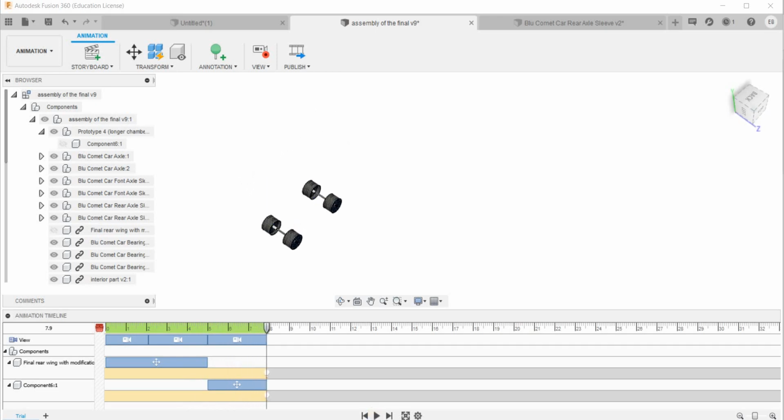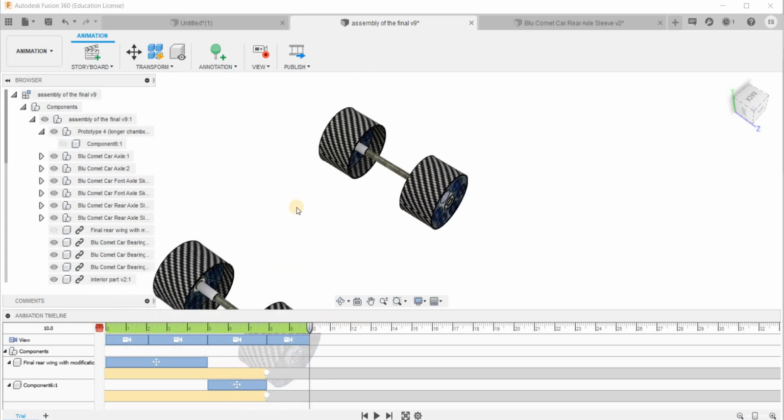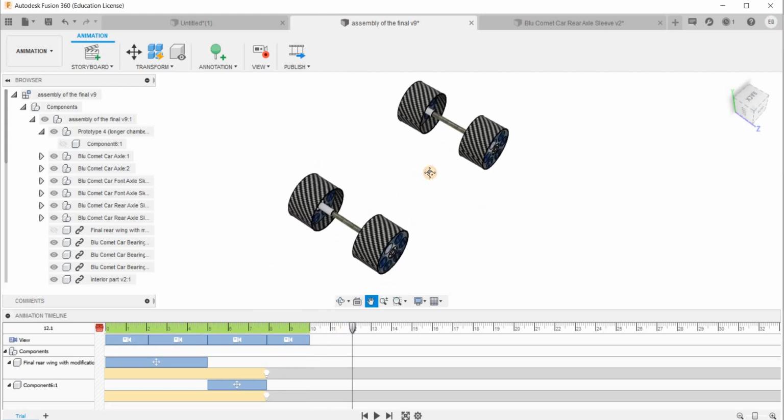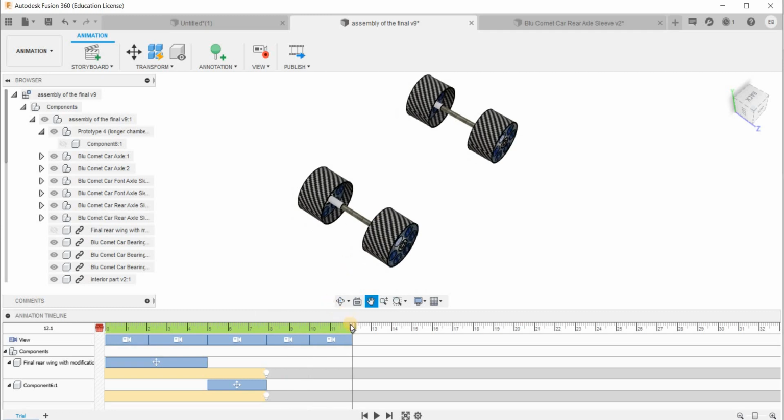Now once we're left only with the wheels, I'll just click into a 10 and do a quick zoom in. See this here, a quick zoom in. Once I did the quick zoom in, I'll also bring it to 12. I'm also going to move it, and what I'm going to do from here is show you how you